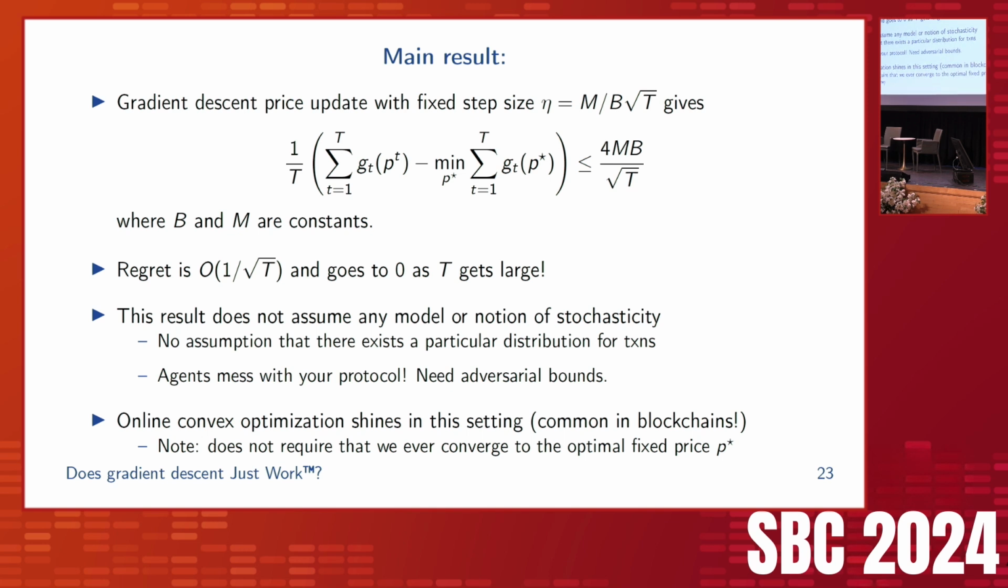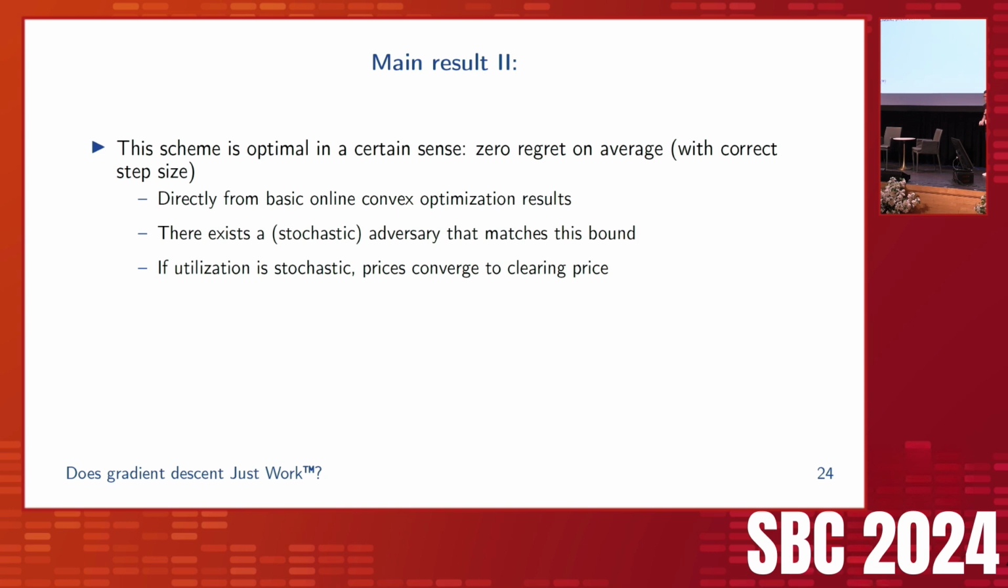As an interesting aside, this actually doesn't require that we ever converge to any prices. So it doesn't require that we converge to the optimal, and we still get this bound, which is quite cool. So again, when I say optimality, this scheme is optimal in the sense that it's zero regret on average. And another point is there actually exists a stochastic adversary that does match this bound. So you can have an adversary that does cause you to hit this bound, so you can't hope to do